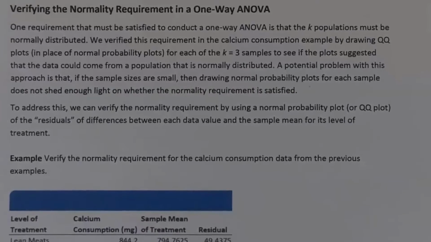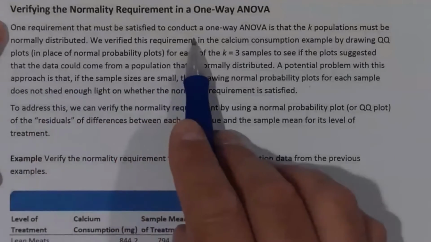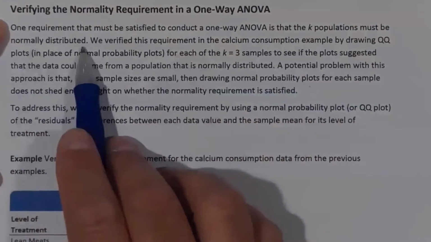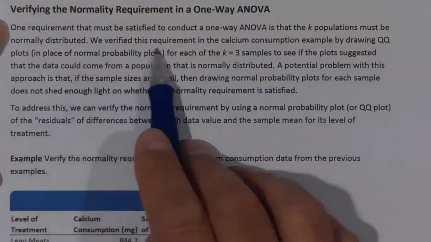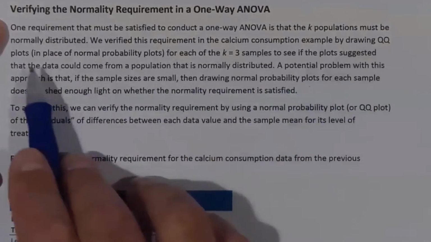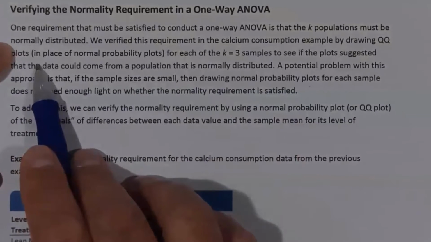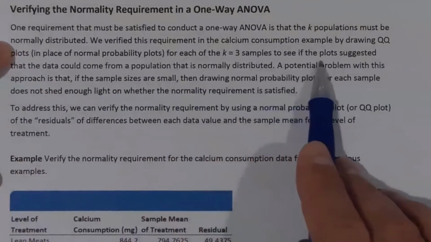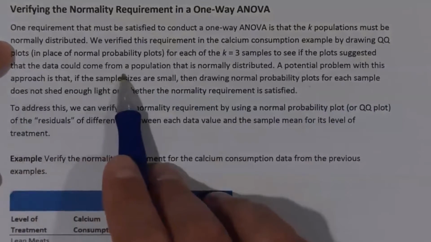The last item that we have in this section is verifying the normality requirement in a one-way ANOVA. One requirement that must be satisfied to conduct a one-way ANOVA is that the K populations must be normally distributed. We verified this requirement in the calcium consumption example by drawing QQ plots in place of normal probability plots for each of the K equals 3 samples to see if the plots suggested that the data could come from a